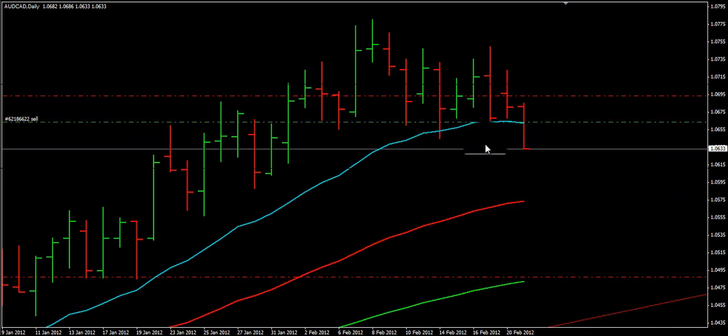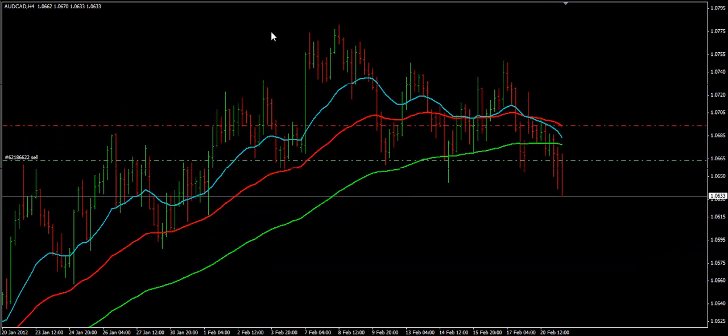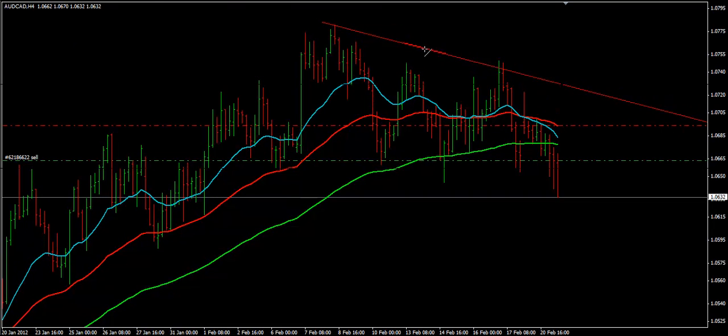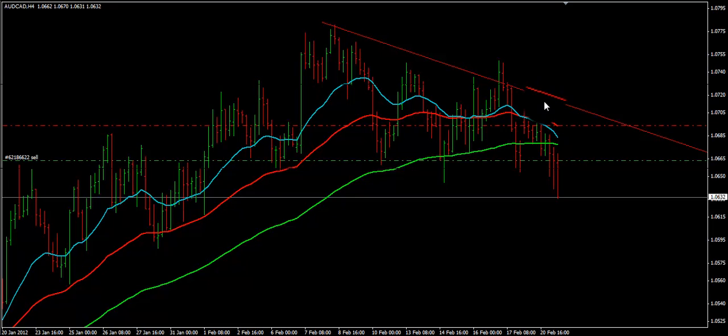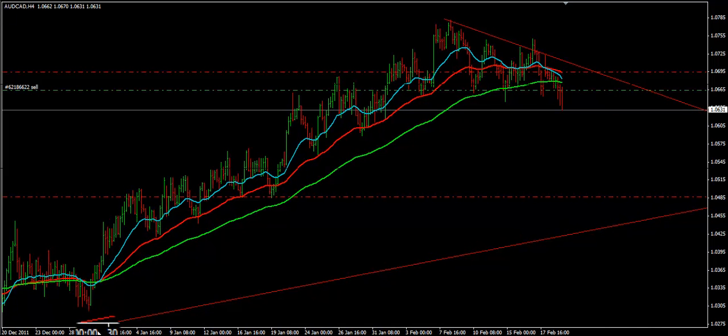Alright, so let's go into that. So this is the inside day reversal bar that we are seeing here, and this structure here, if you look at the 4 hour, it's a very weak structure in terms of looking to go long. If you were looking to go long on this pair, then it wouldn't have been a good sign, because you've already started your downwards move here, and the upwards trend has already been broken. So if I draw that trend line in there,